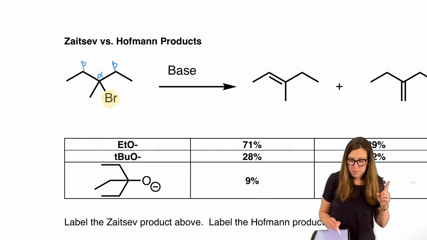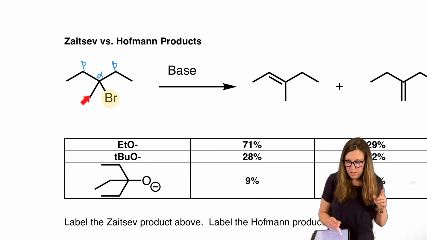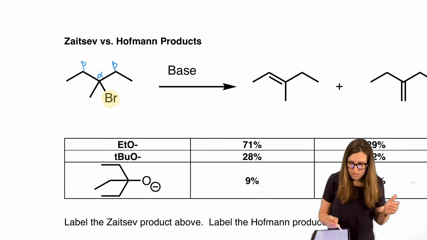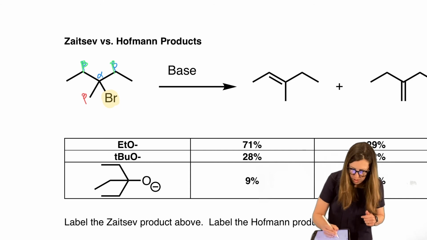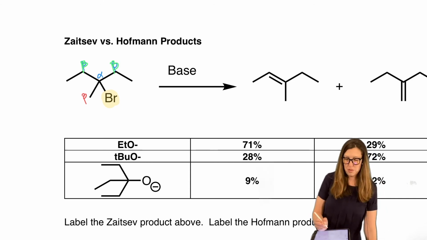But there's one more beta, and that's this methyl here. And that is different, right? Because that's not an ethyl. So I'm going to label this one with red. How about I do green for the betas that are different, the ethyl betas, just so we don't have the blue mixed in with the alpha.